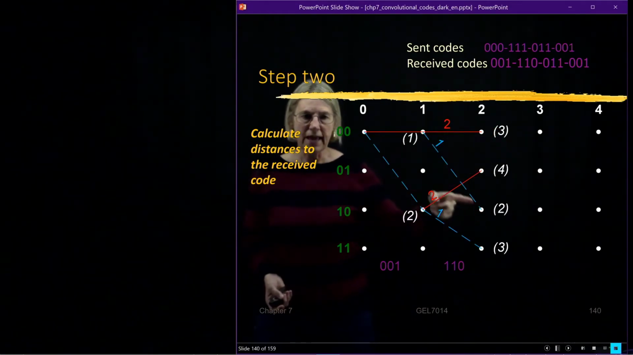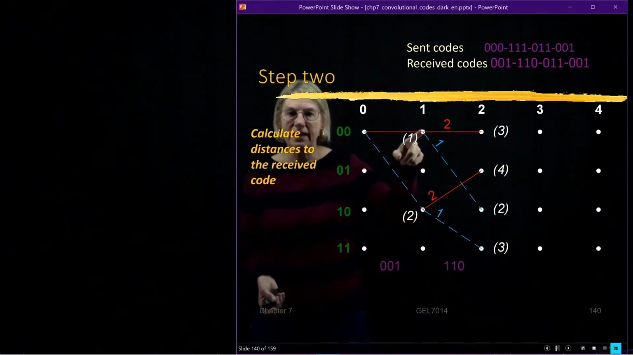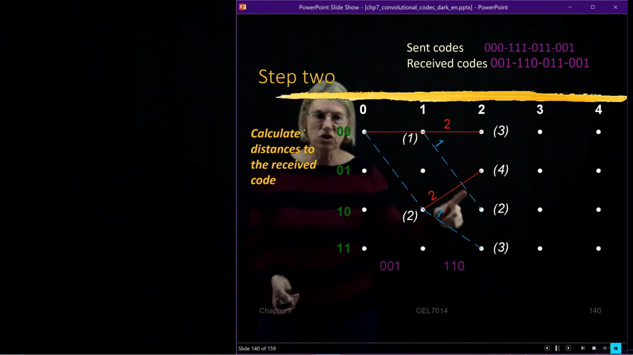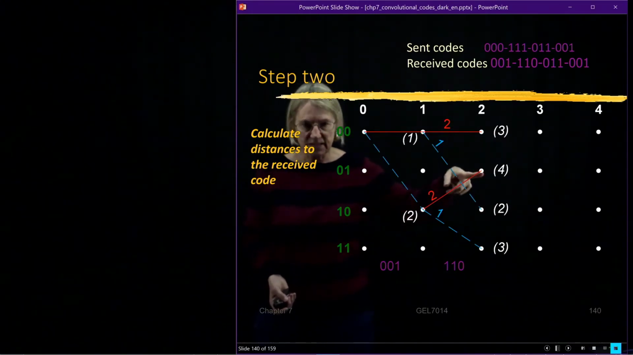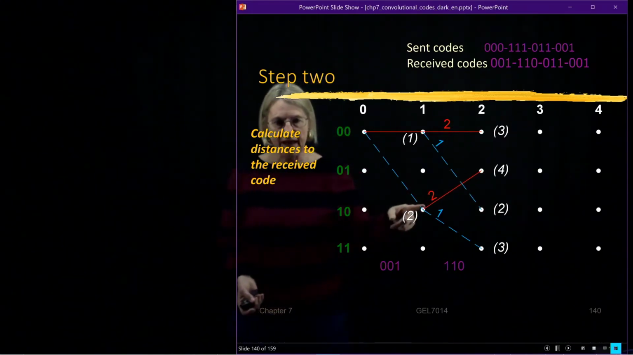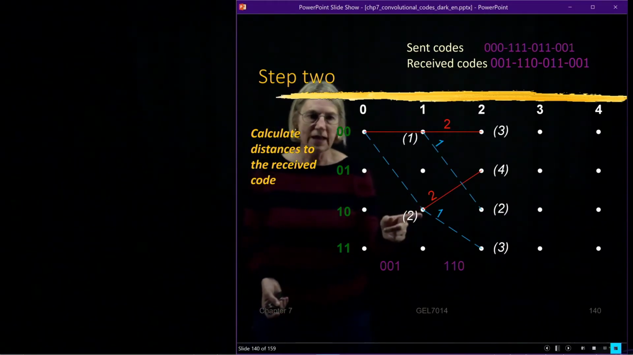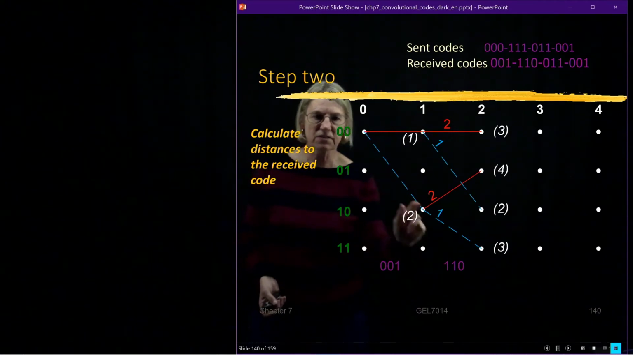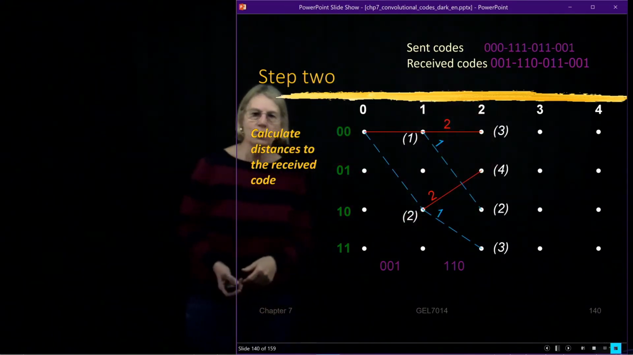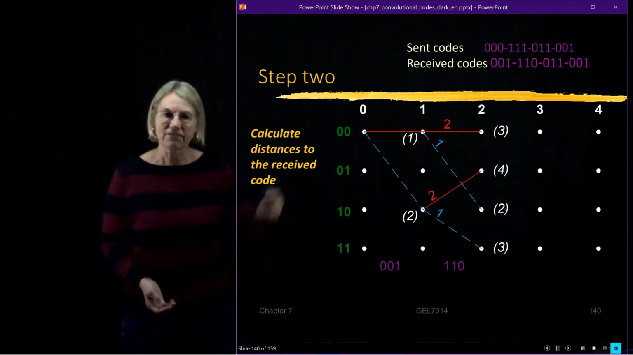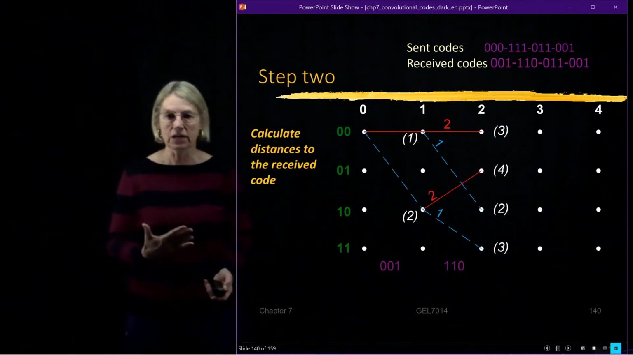Down here I came on a branch that had a metric of 1, and I came from a path with a metric of 1, so the new path metric is 2. Here I arrived at state B because of a path with a 0 on it with a branch metric of 2, added it to this saved previous path metric of 2, so that gave me 4. So now I have new global lengths that I've calculated using the previously saved path metric and the newly computed